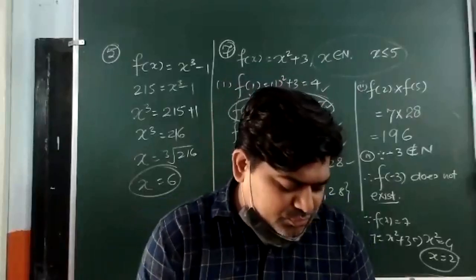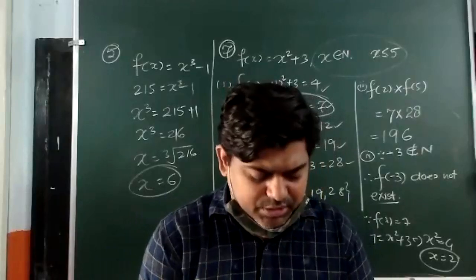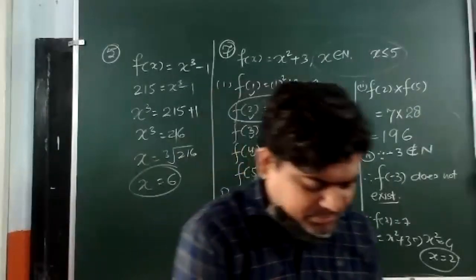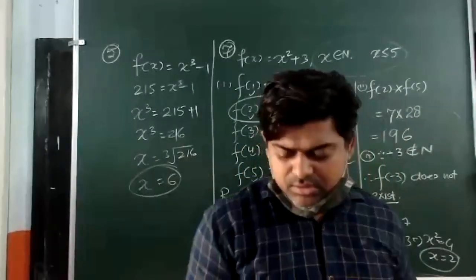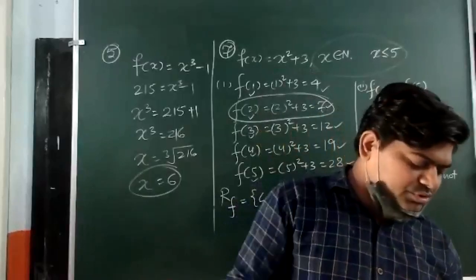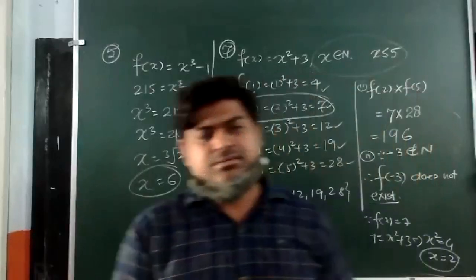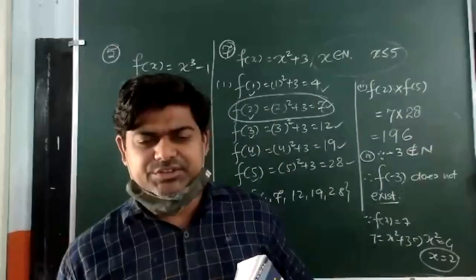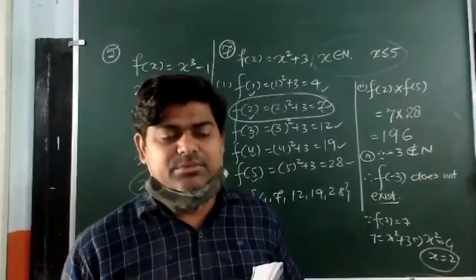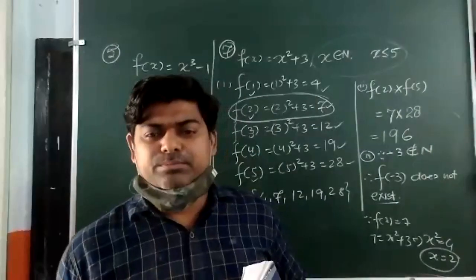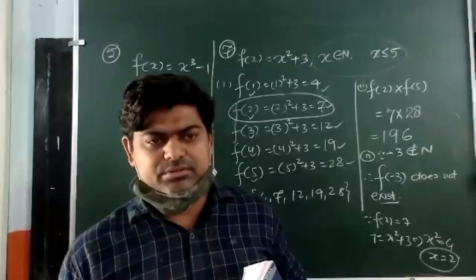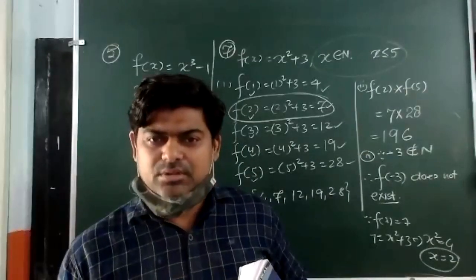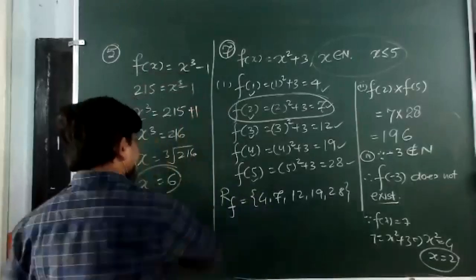I'm taking one part of question number 8. Any one part you can take, and I hope it will be helpful for you for the other questions. I'm taking the third part because the first and second are easy. In the third part the denominator is a quadratic polynomial. So I'm taking the third part first. Okay. Can I proceed?